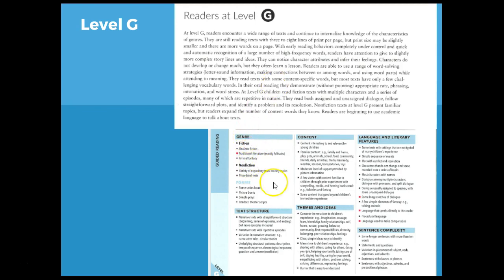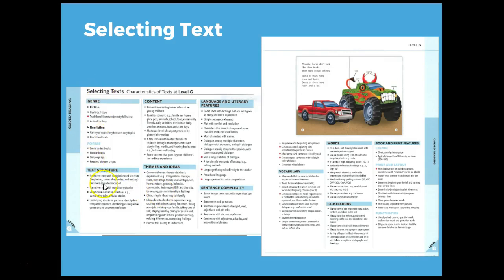So we're looking at, in a level G, the new things. When you see a square that's red, that means that it's new to that level. So traditional literature, folktales, you're going to see folktales in level G. There's going to be dialogue, long stretches of dialogue, language that speaks directly to the reader, language used to make comparison. And then it's going to talk about all 10 different characteristics of that particular level, at level